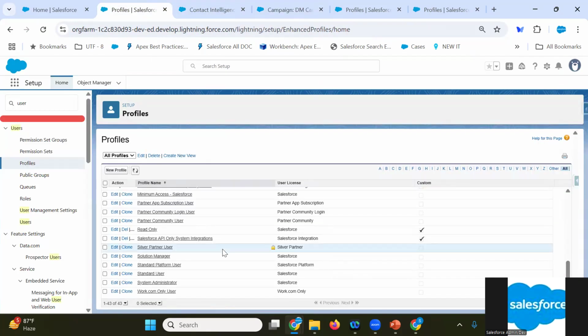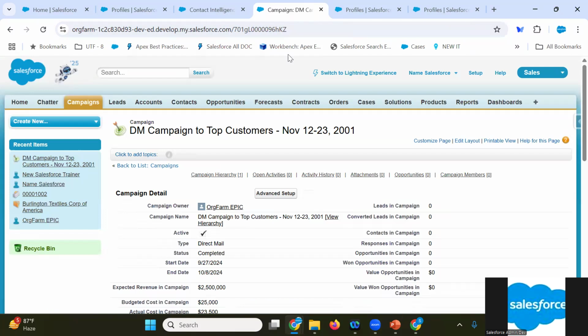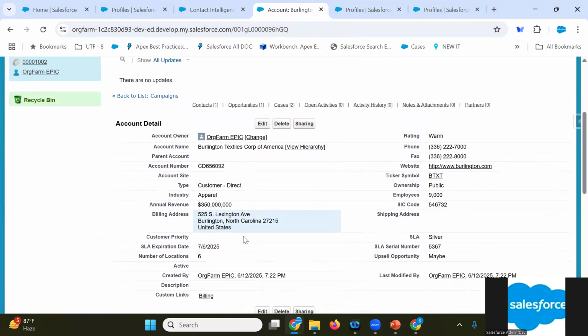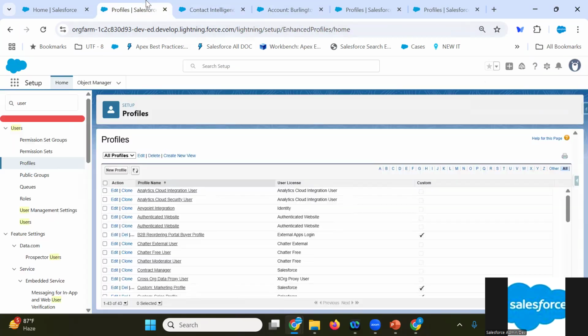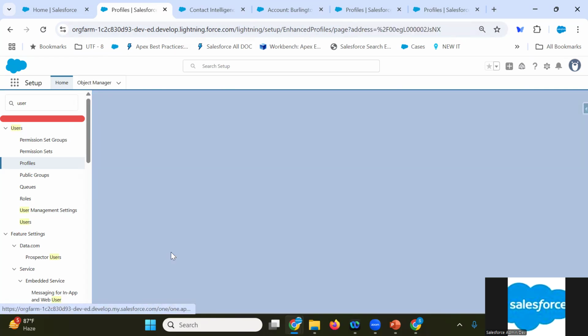Okay. Now, let's see how the field access can be controlled. So for example, I'm on an account record. This is my account record and I'm seeing everything. Okay, I want to hide annual revenue from custom sales. I don't want to show them this field. So what I can do, again, I can go to the same profile, custom sales profile,